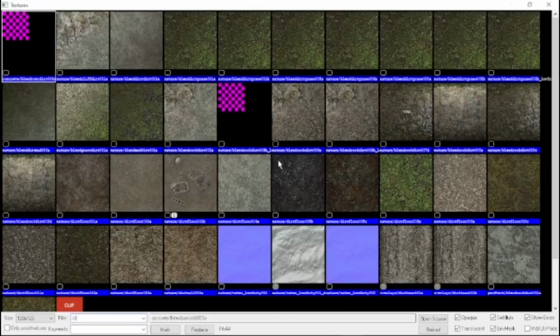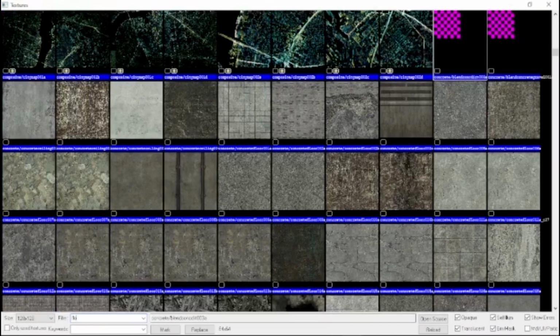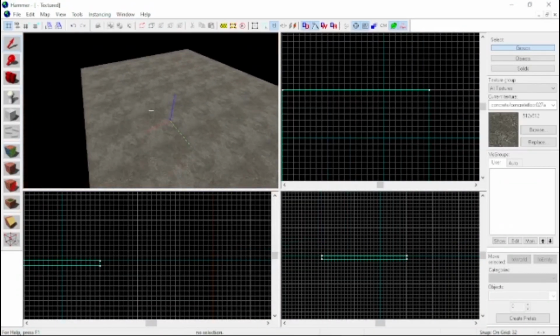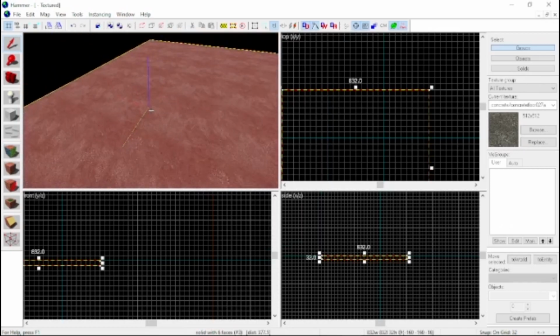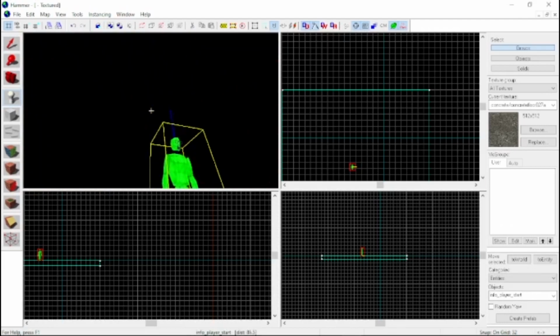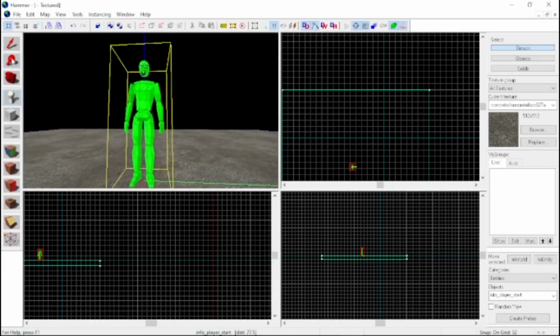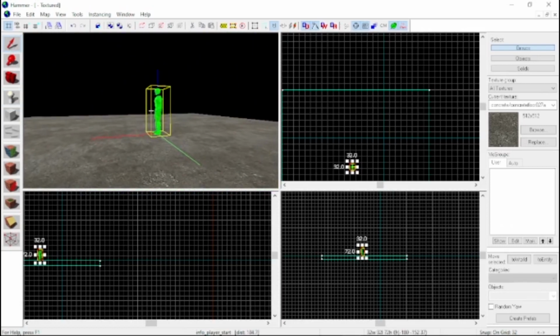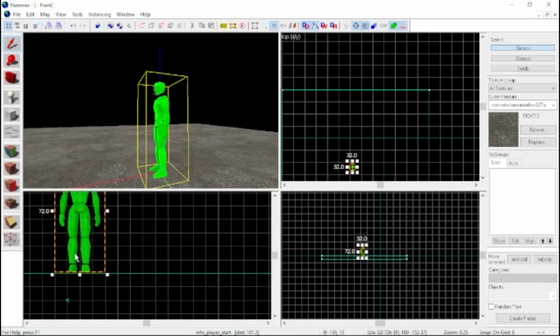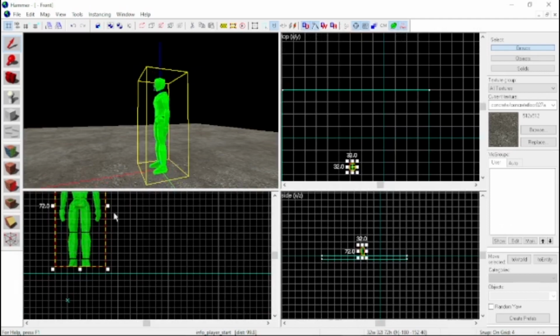That's cool. So we just want to do a floor texture. I'm gonna click on this one, double click, apply, and now we have a ground to stand on. Now we want to make the player spawn by clicking on the entity tool and clicking. For some people it'll default to this Dr. Freeman looking dude. Let's just make him a wee bit higher so he doesn't clip into the ground